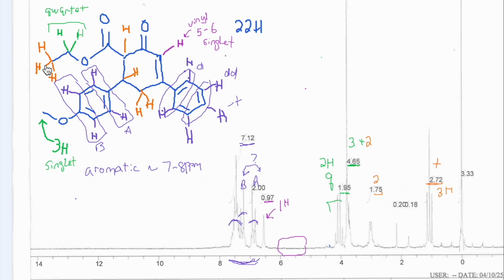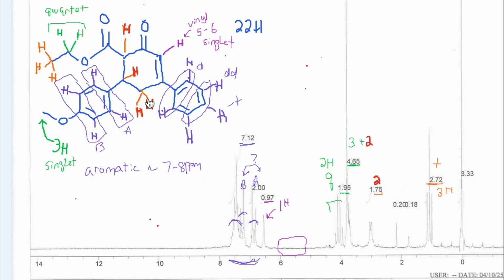Remember, a quartet that's further downfield worth 2, matching with a triplet that's more upfield worth 3 is the sign of an ethyl piece. So that is that ethyl piece over there, the 2 and the 3. That leaves these other 4 orange. Maybe I should have put a different color. All right, so that leaves these 4 that are unaccounted for. These ones over here,